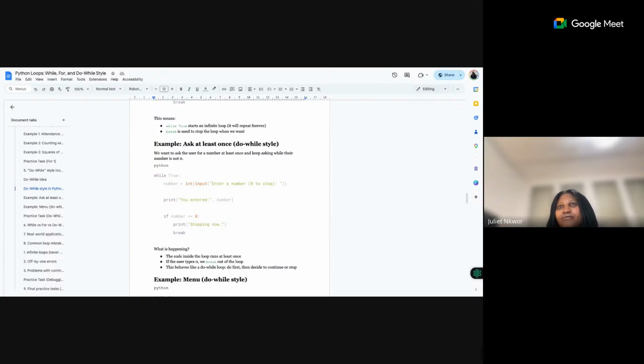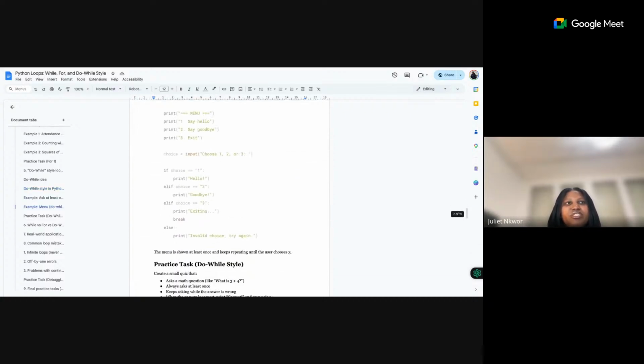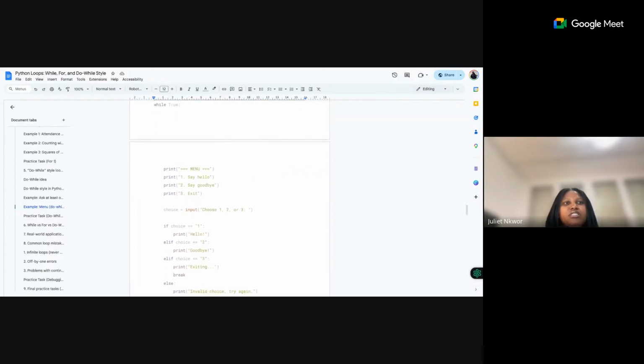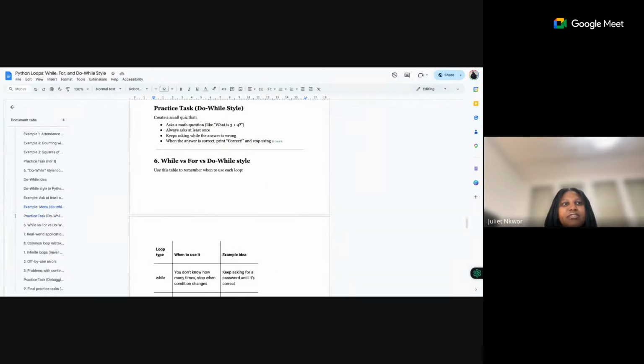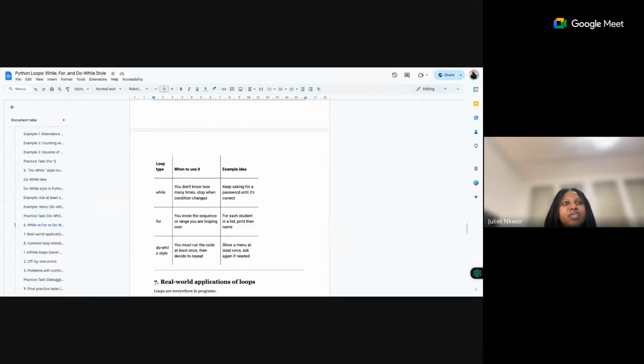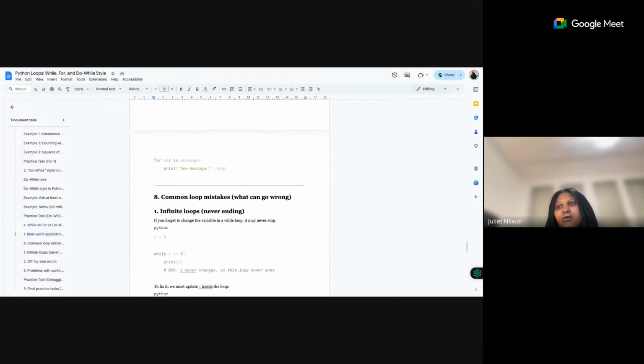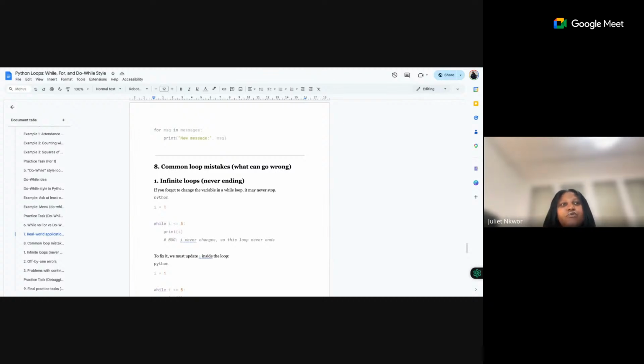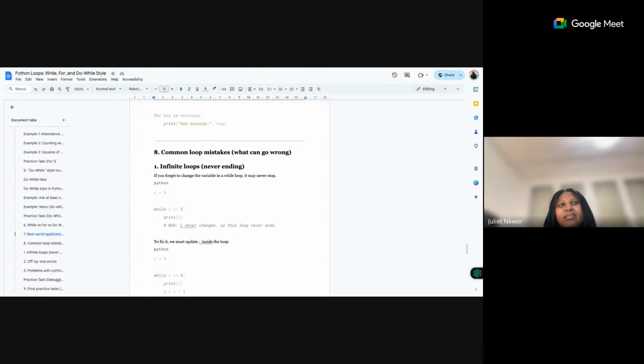We have the while loop, we have the for loop, but generally one of the things you'll be using mostly is the while loop and the do while loop. As we progress, one of these days I will take time to teach you the do while loop. Maybe it will be necessary one of these days when you're writing your code. I gave some examples. You can look it up and see how you can apply it in your code. For those of you who already have your code, just look at how you can apply it, so that it will help you